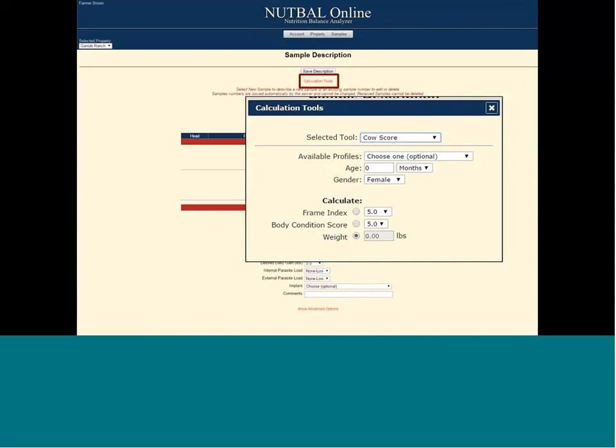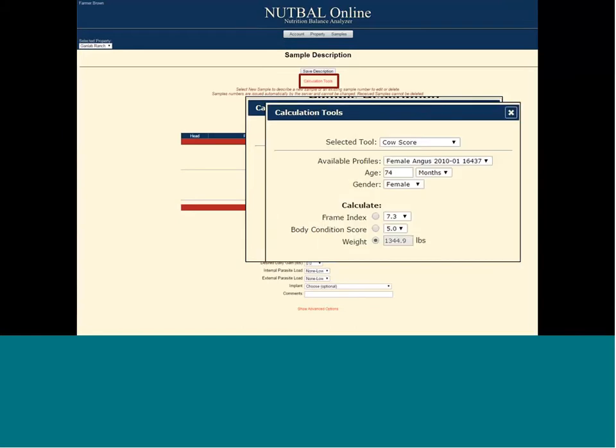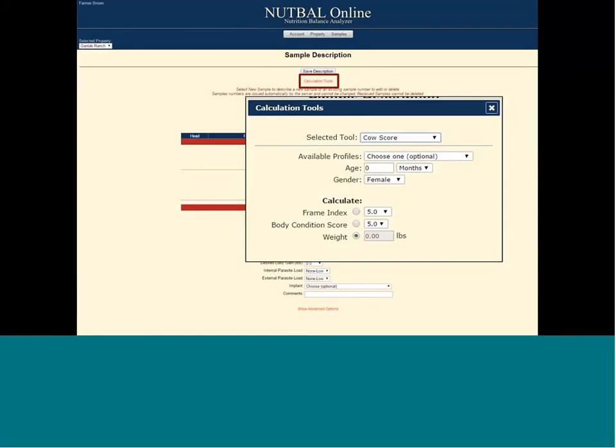So you'll see here that you can select, let me go back a slide. So if you've created an animal profile, you can enter that animal profile. You can select their gender and that sort of nature. And then below it's got the calculate tool. So you can enter a frame score and a body condition score, and it'll populate what you believe your animals are. You're probably pretty close. But you can also move